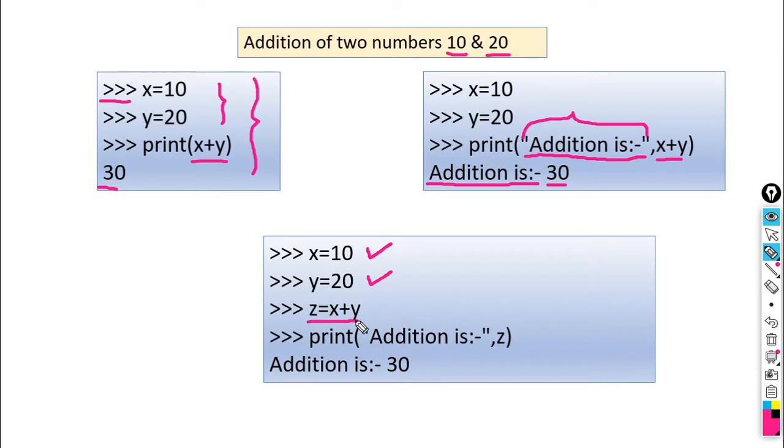It will do addition of the two numbers 10 and 20, and store that value to variable z.